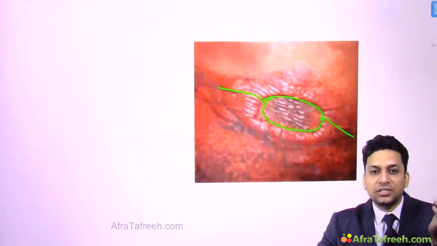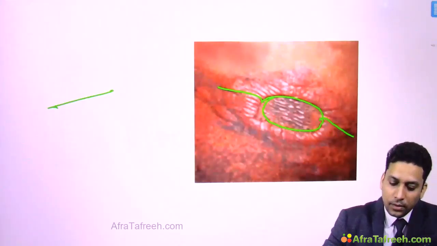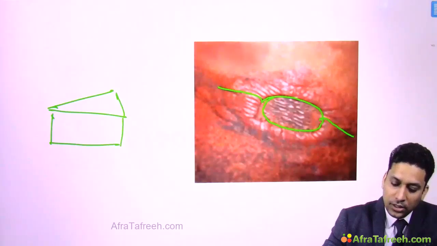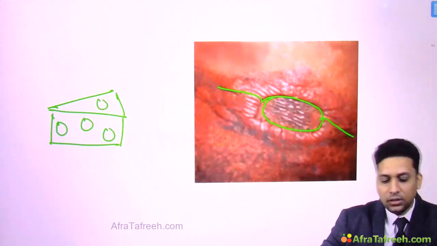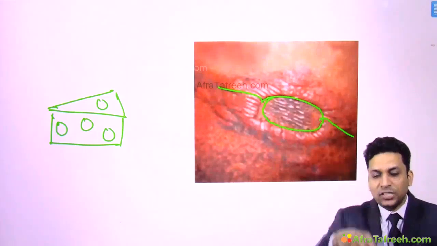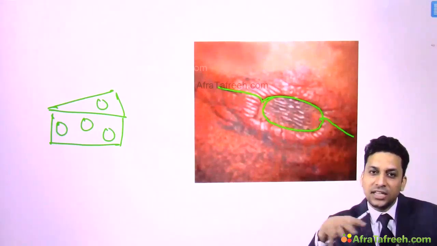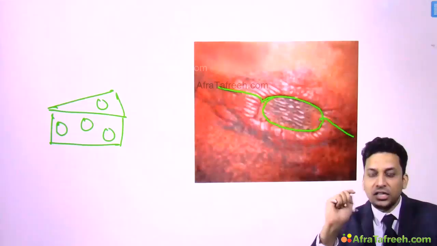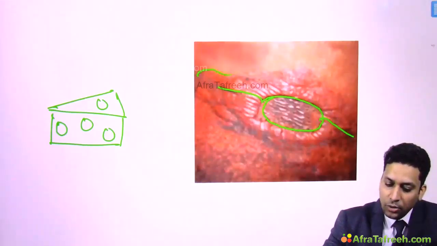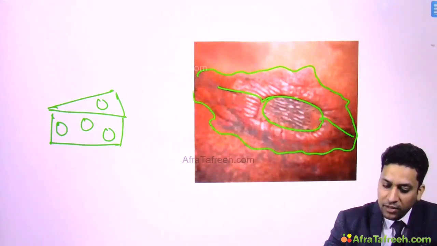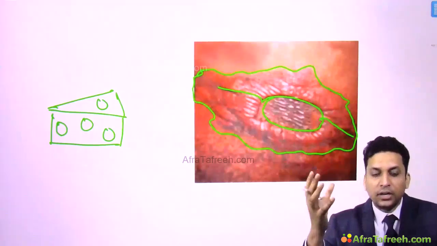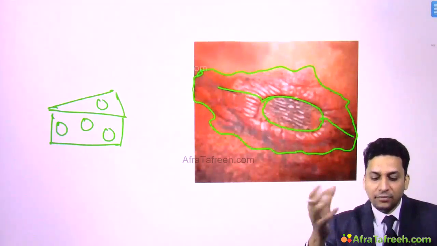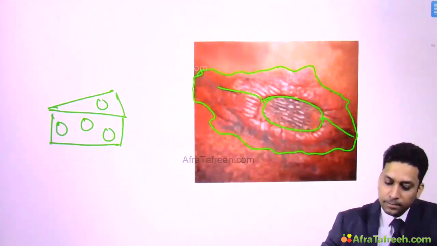Swiss cheese is the same cheese which is shown in the Tom and Jerry show, the cheese having a lot of holes. So this lesion has a punched out area. It appears as if the central area is missing, as if it has been punched out. It is also known as a geographical lesion. Why? Because if you look at the outer edges of this lesion, it is irregular and bizarre shaped, giving the appearance of some continent, isn't it? A geographical area with irregular margins or borders. So this is the characteristic lesion of borderline.